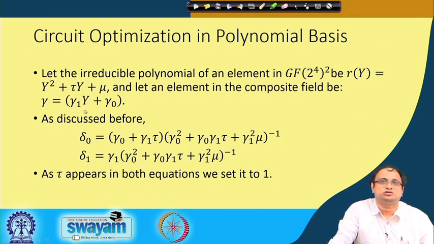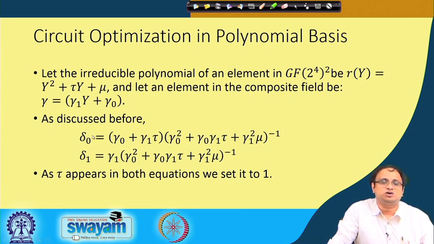therefore it will look like this, gamma 1. So, gamma is an element in this field, and I can write it as gamma 1 y plus gamma 0. So, this is my polynomial basis way of writing it. I am writing this using the polynomial basis. y is essentially the root of this equation, and I choose one such value of y, and therefore, I can express gamma as gamma 1 y plus gamma 0.